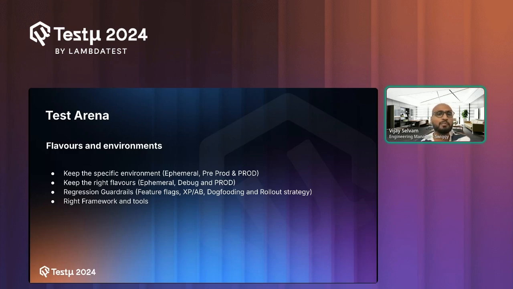That's one problem we have solved in Swiggy recently, in the last 2 years, which we have called out. I didn't mention it as a UAT, I mentioned it as an ephemeral environment, because this ephemeral environment is very specific to that feature, and it gets spun up just by the QA or even a dev, anyone, with just a couple of commands. The entire data will also be attached with the new services to be spun up,